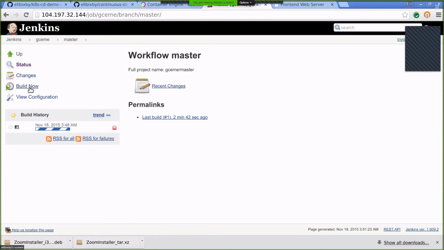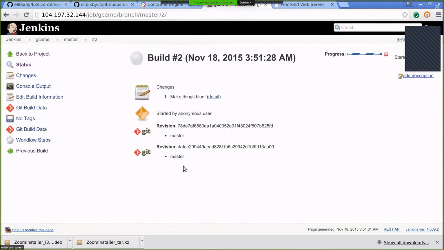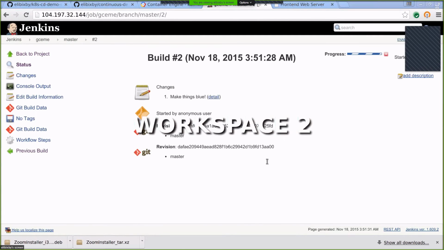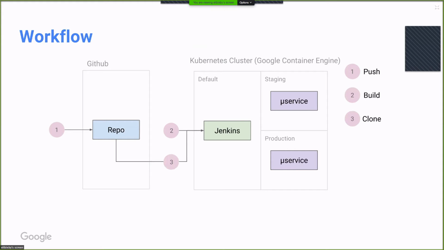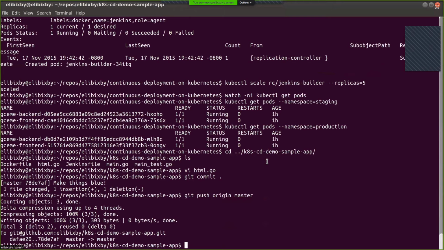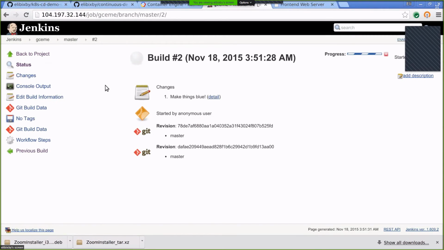Or it won't, and we'll build now because we're impatient. So in this workflow, we have a staging microservice and a production microservice, and we have a repo. And so we have done this first step. We have pushed. Right now, Jenkins is building, and it does this by cloning and deploying to the staging area. So it'll soon ask us